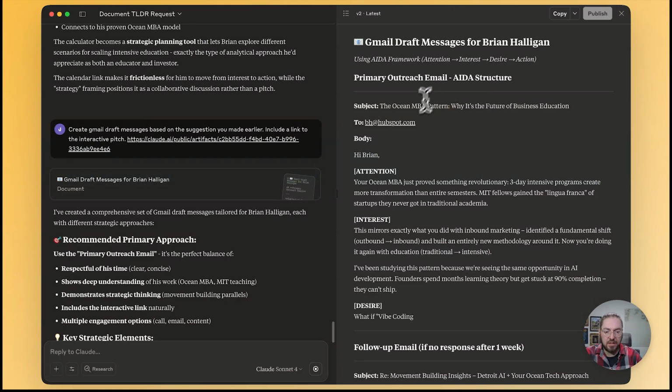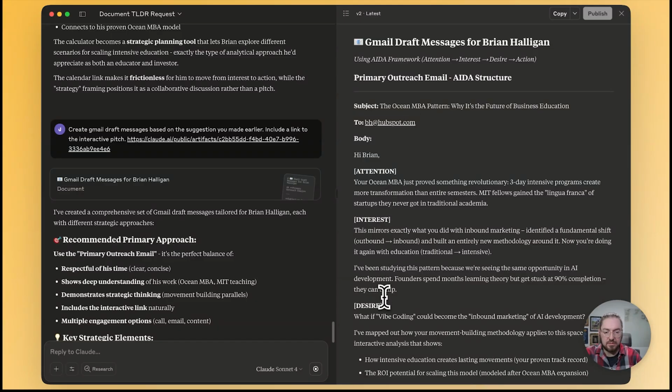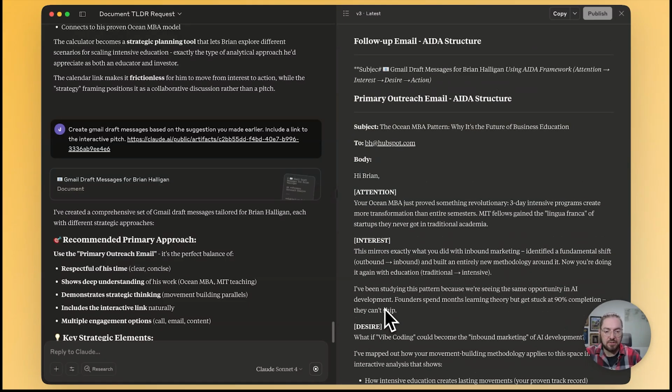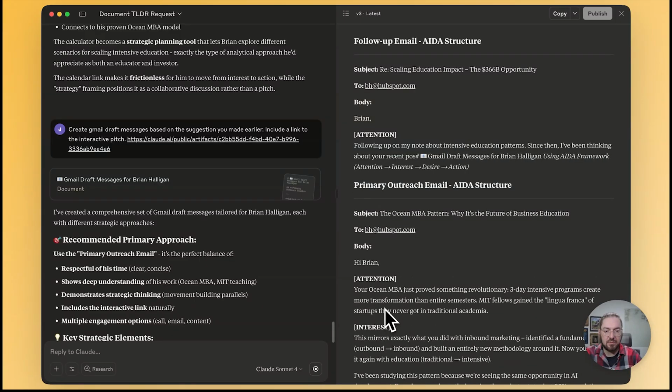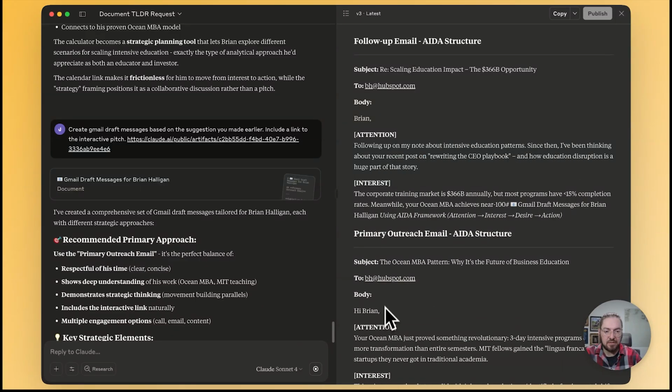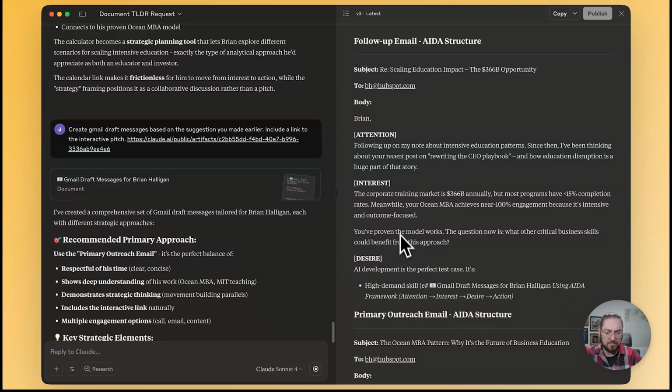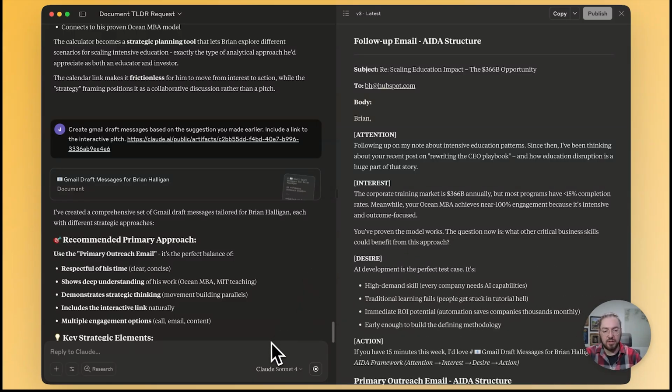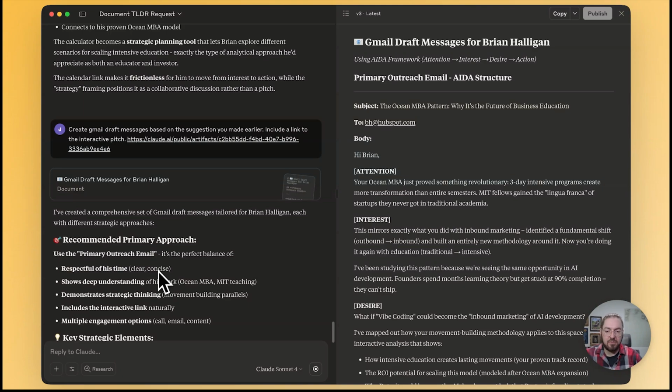Great. So now we have an ADA structure. Probably need to remove the attention pieces, but the point is that it'll actually put together different styles of emails for you. So you can do things like FOMO or a hook, and it really just depends on the prompts that you're using. So now that you have everything put together, you have an interactive white paper,